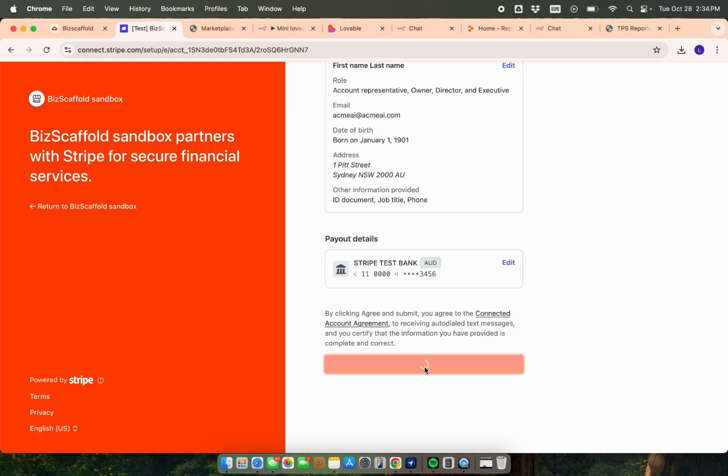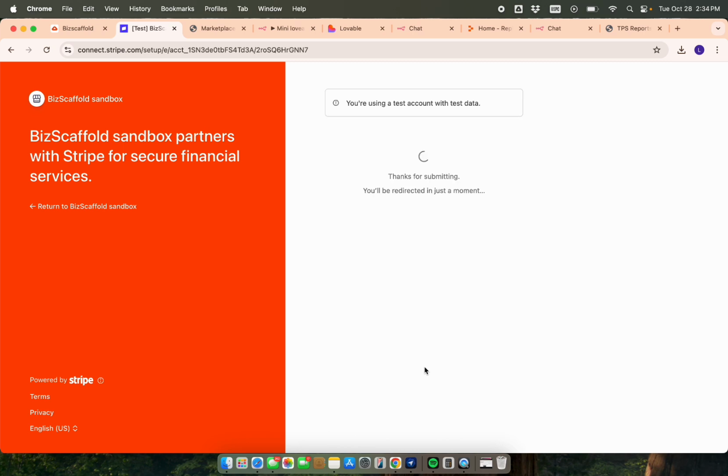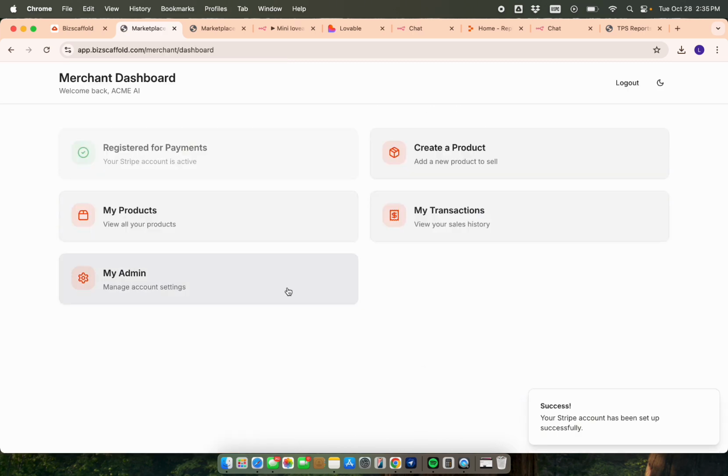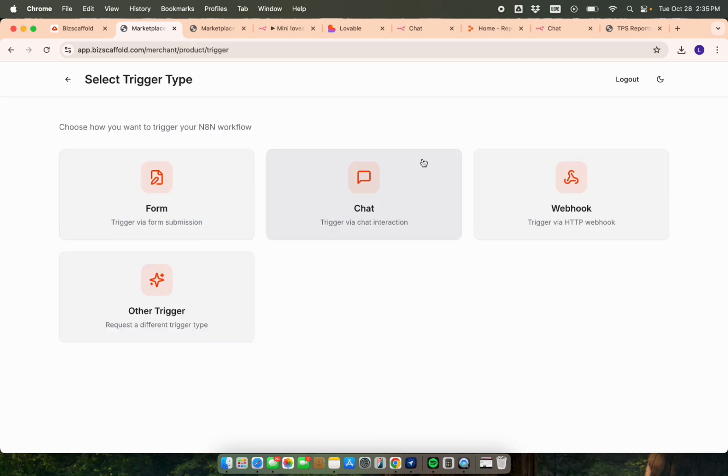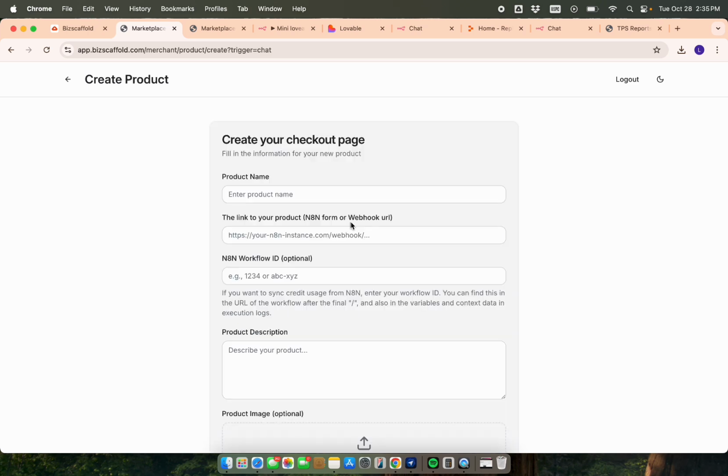Alright, that looks good, and it looks like we are going to be approved now by Stripe to start charging people. There we go. Looks like it's been approved on the platform. So let's create our product. Create a product with a chat interface, mini Lovable clone,